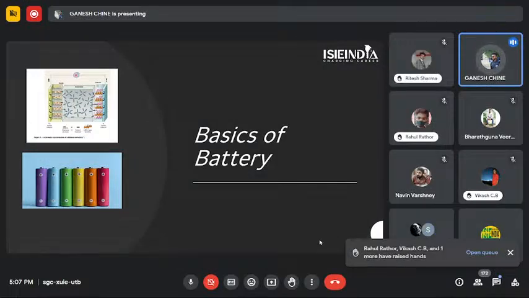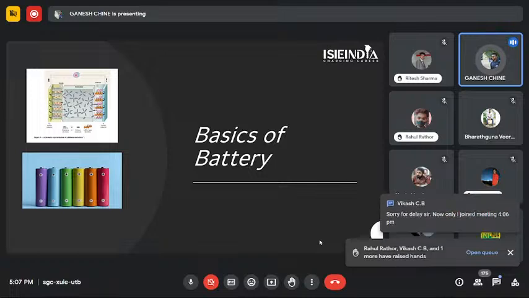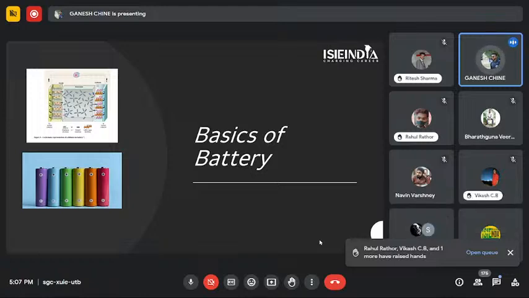another important component is the separator. We use the separator between the anode and cathode to prevent short circuit of batteries. We also use the electrolyte for smooth conduction of ions from anode to cathode. When we apply energy, that is, when we are charging, at that time ions travel from cathode to anode, and while